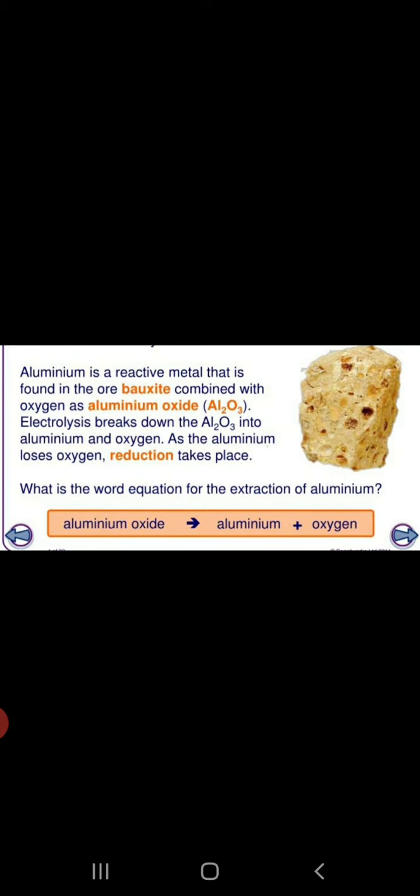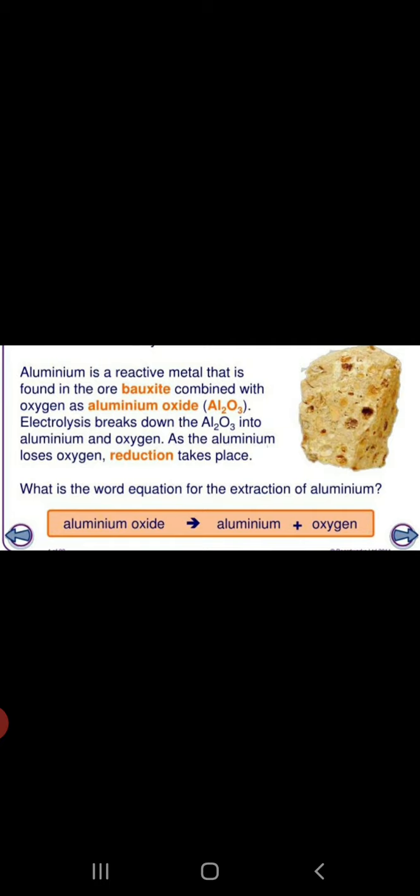Now, active metals like sodium, calcium and magnesium are also extracted from their ores using electrolysis. When the current is passed, aluminium oxide breaks down into aluminium and oxygen. So this is how metals are extracted from their ores by passing the current through the process of electrolysis. Now children, this process of extraction of metals from their ores is also called metallurgy. It's not mentioned in the textbook, but the process is called metallurgy. Alright, so these are the two applications that we have studied.